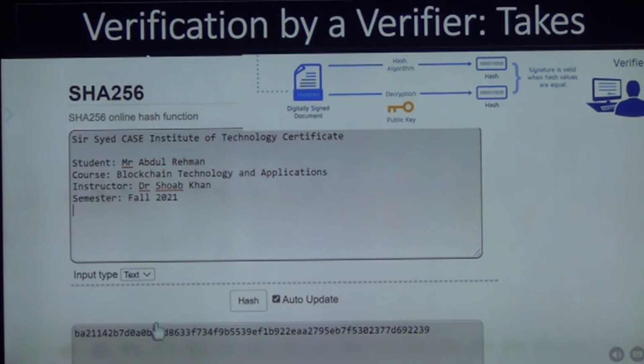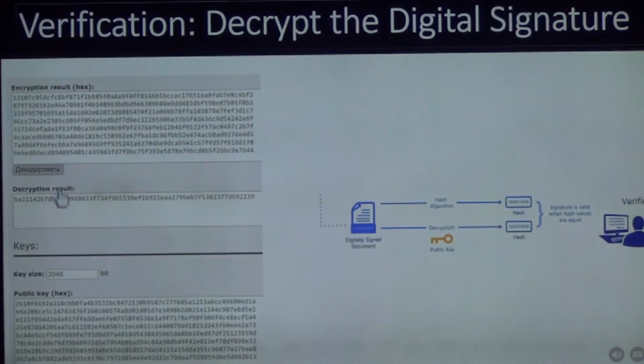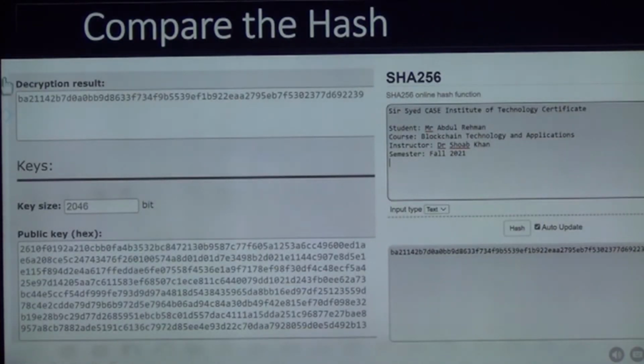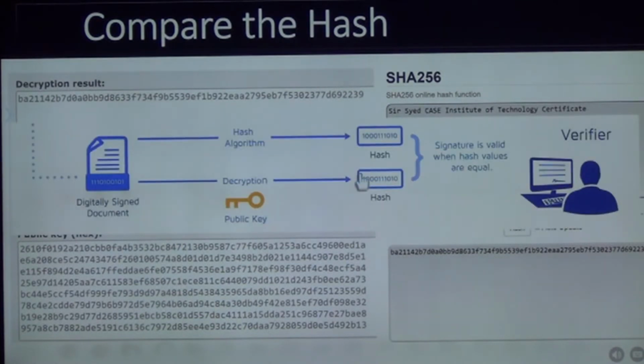SHA-256 says okay, और अब जाएगा आपका encrypted message पे, वो जो आपने encrypt किया हुआ था, which is this, और उसको क्या करेगा? Decrypt करेगा, तो उसको अपनी मेरी public key से decrypt करेगा. So he is going to decrypt this with my public key. He gets this message, decrypt result, and then he'll say जो उसका hash था और जो ये था वो same आया कि नहीं आया. BA211422B7. So a computer program will check. He says yes, verified. So both match and they verify. So the certificate is verified.